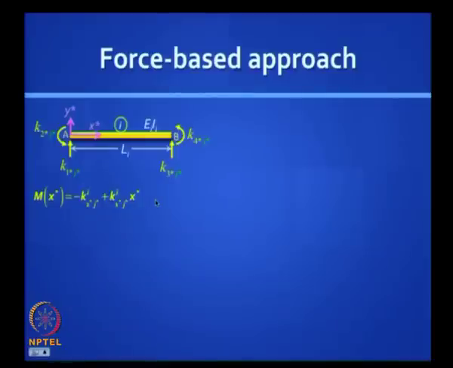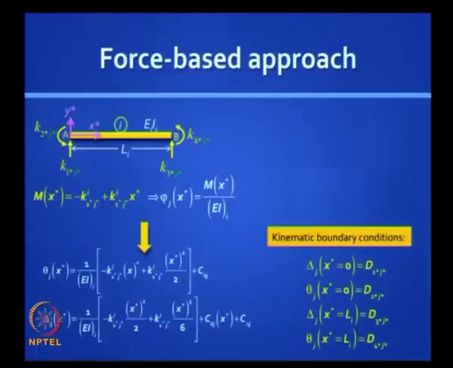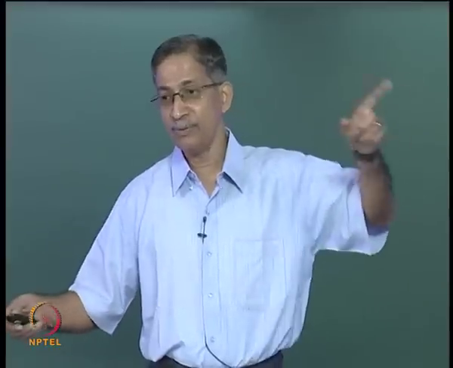That is first principles, right? Then I derive an expression for curvature by dividing my bending moment with EI, and from that curvature I integrate, I get an expression for slope. I integrate the expression for slope, I get an expression for deflection. I apply my kinematic boundary condition at the 2 ends. For each of those 4 cases,